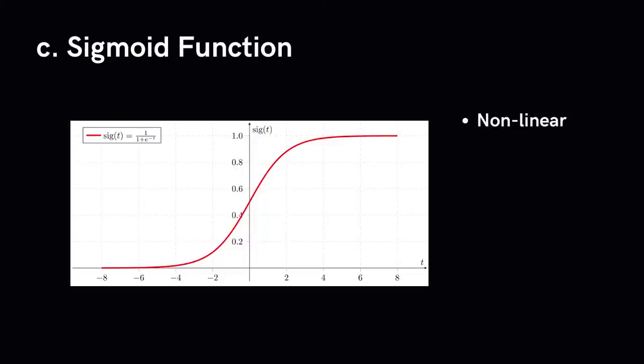Well, first things first, its non-linear nature. Combinations of this function are also non-linear. Great, so now we can stack layers. What about non-binary activations? Yes, that too. This function outputs an analog activation unlike the step function, and also has a smooth gradient. An advantage of this activation function is that unlike the linear function, the output of this function is going to be in the range 0 to 1, inclusive, compared to the negative infinity to infinity of the latter. So we have our activations bound in a range, and this won't blow up the activations. And this is great, and sigmoid functions are one of the most widely used activation functions today.